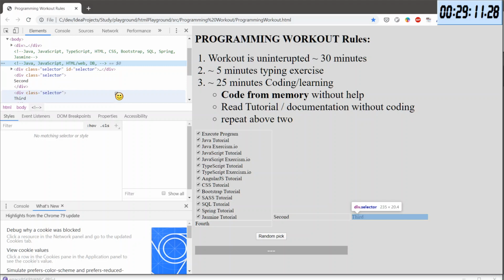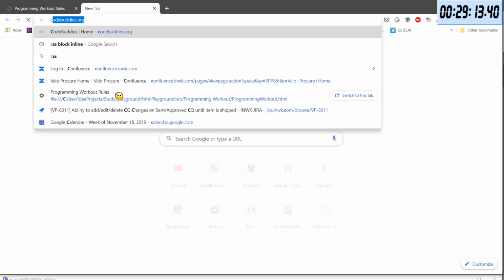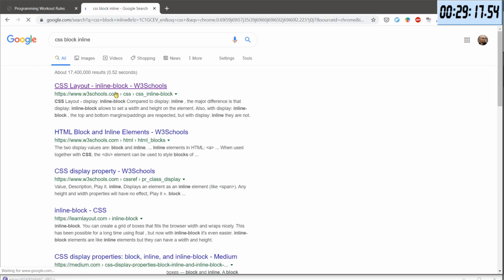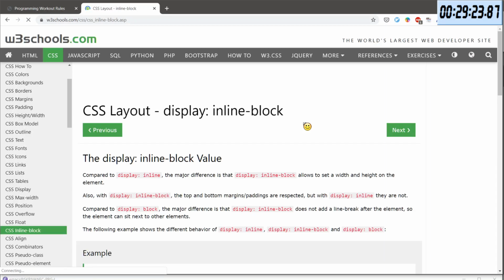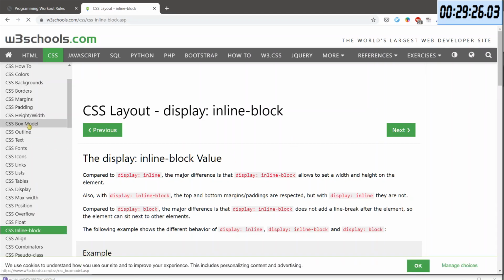And I think it was the model, I think in CSS. I'll go here. Have a look in here because it was somewhere in there. And box model, that might be it.